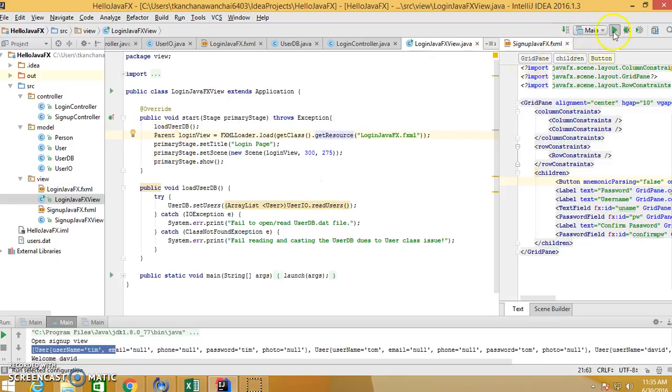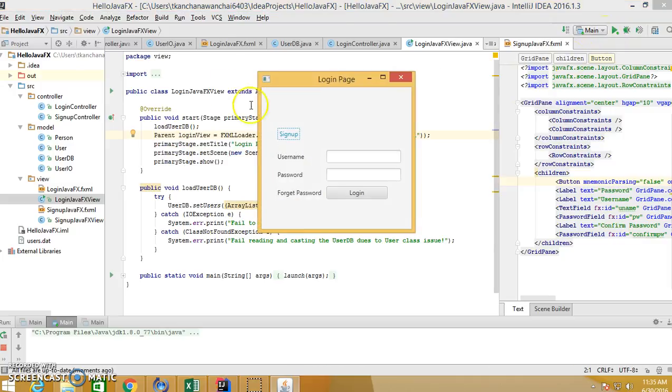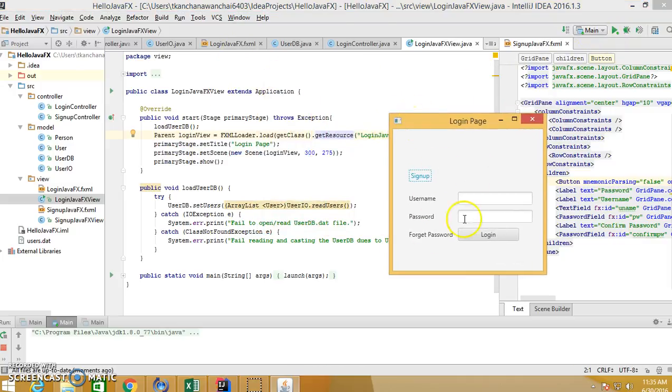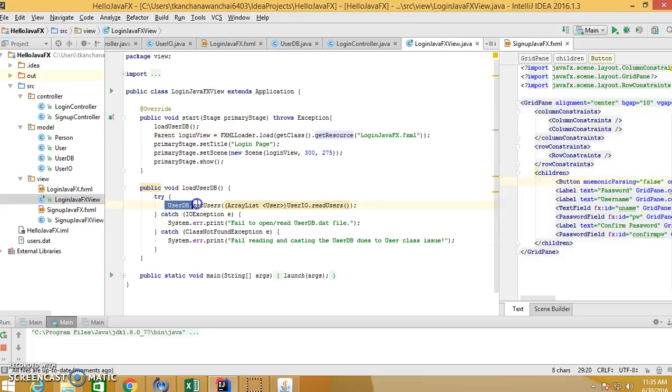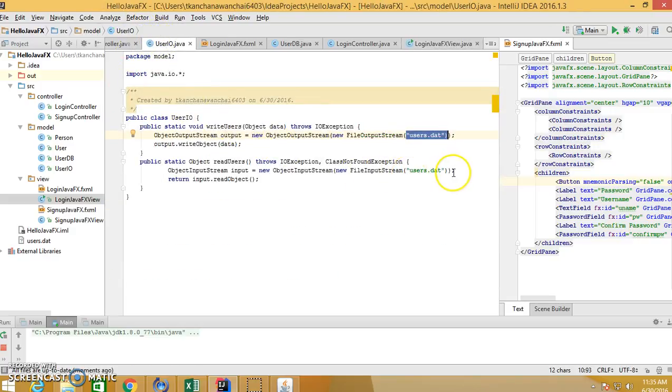So when I hit play, first thing, load the data and show this view. Now data is loaded through this method. UsersIO.readUsers is going to read this users.dat. It takes users.dat in and reads the array list back that I just wrote. So this array list that I